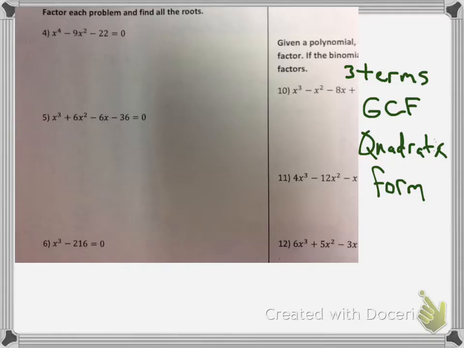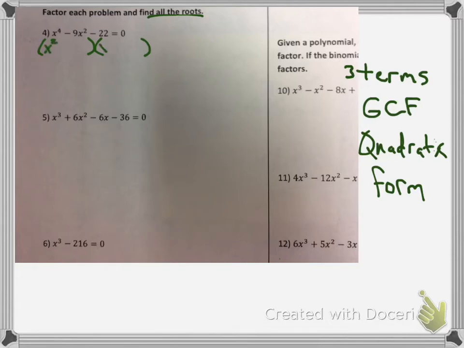Okay, notice on the next one, number 4, now these are factoring and then find all the roots, which means you've got to solve. This right here is 3 terms. So that means it's either going to be, I take out the greatest common factor, or it's in quadratic form. In this case, you've got an x to the 4th and x squared and just a number, so this is quadratic form, which means I can start doing the parentheses, split the x to the 4th up into